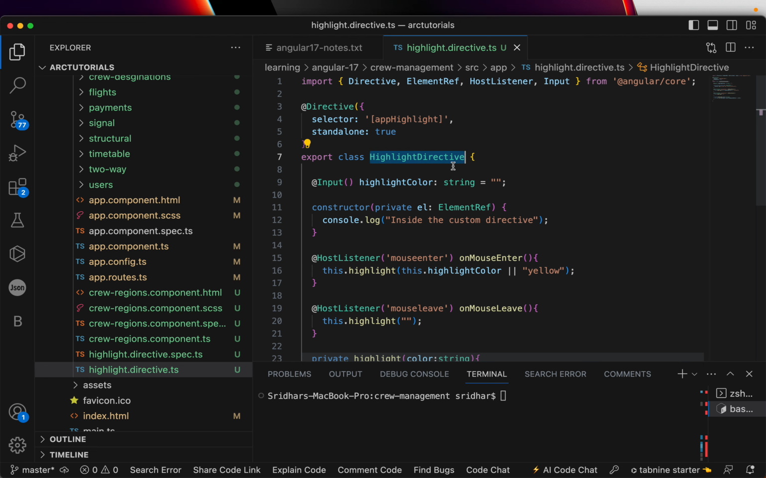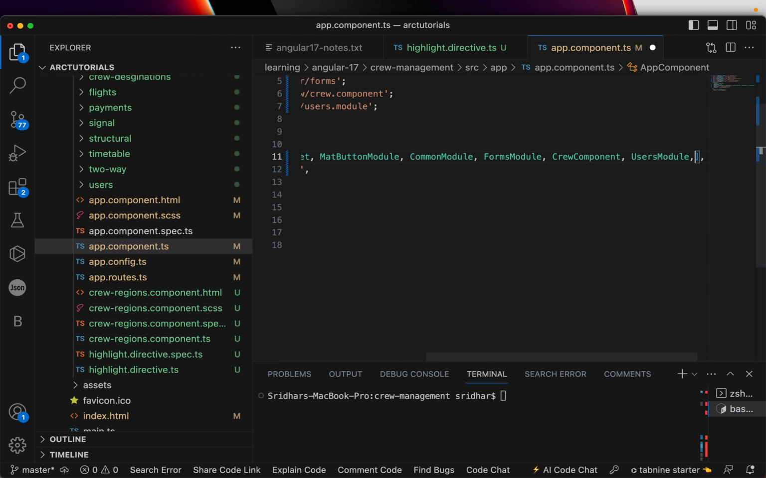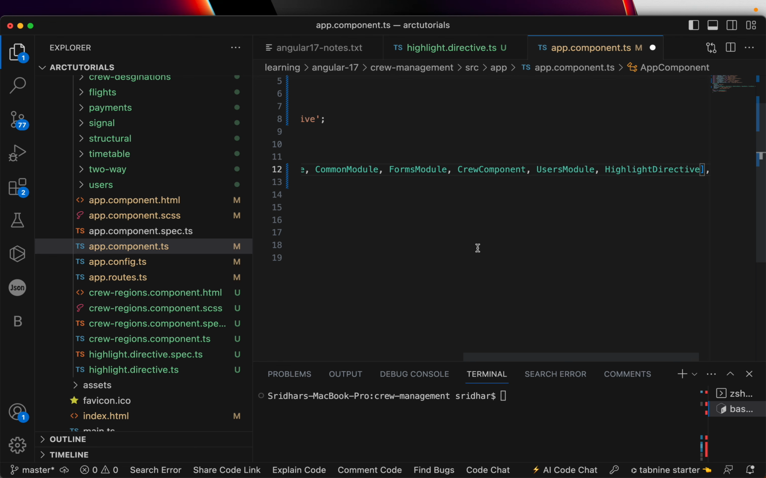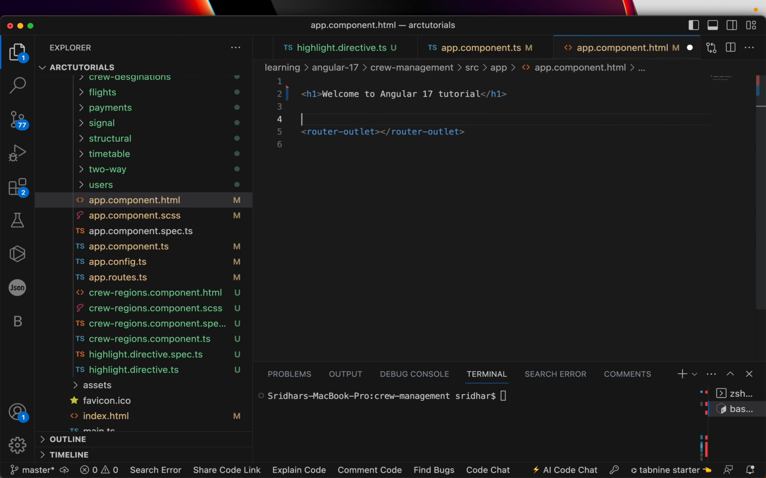Now let's go ahead and import this into our app component.ts. Because it's standalone, we need to import it everywhere, right? So since it's standalone, we need to import it in the imports array. Now in the app component, all we can do is use a simple p tag for now, and I'm going to say appHighlight. This should be the same name